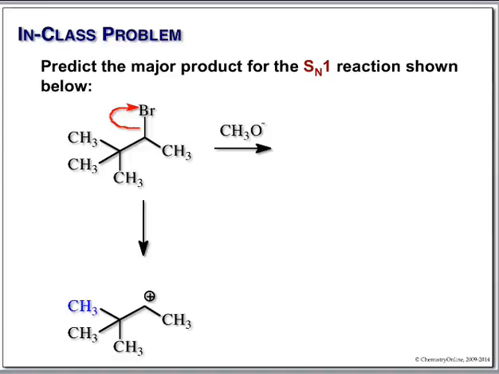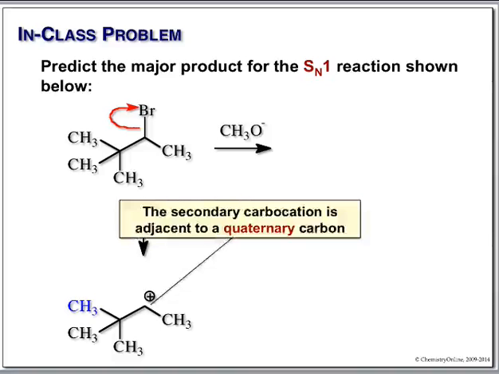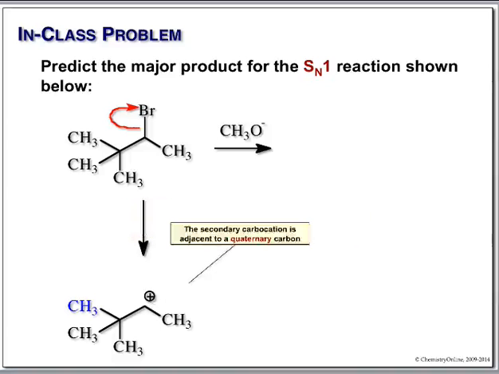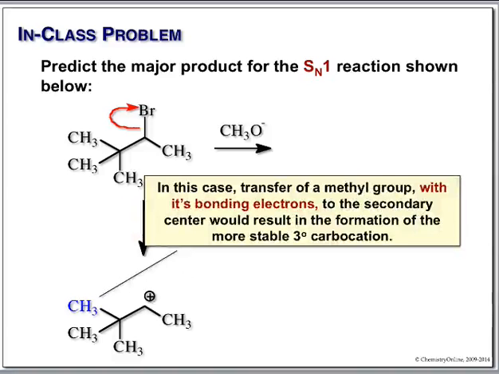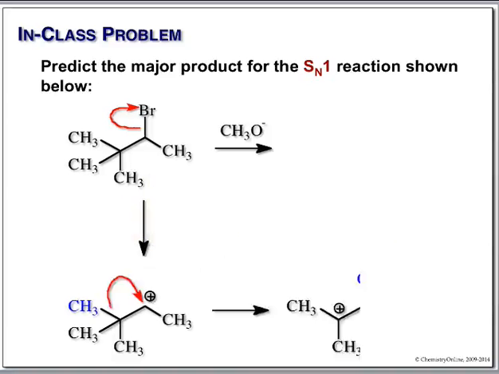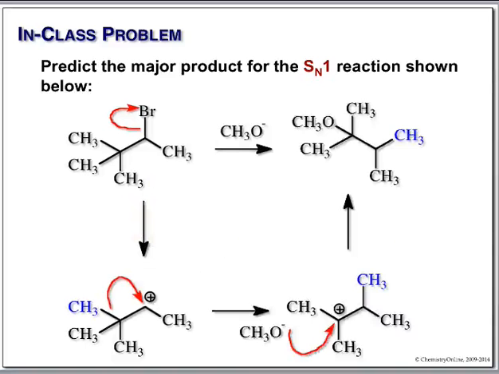Now, just like we can slide a hydrogen, we can also just grab one of these methyls, let it slide to our positive center here, and form the tertiary carbocation. Tertiary carbocation then adds the nucleophile to give our final